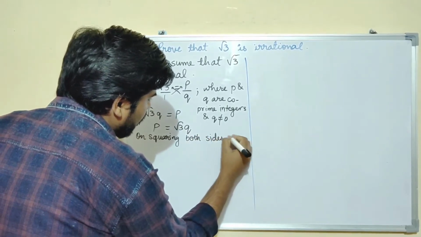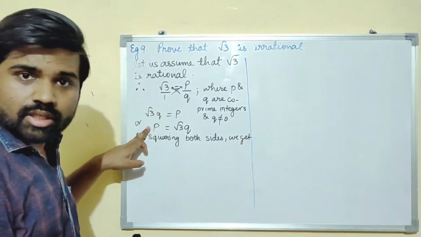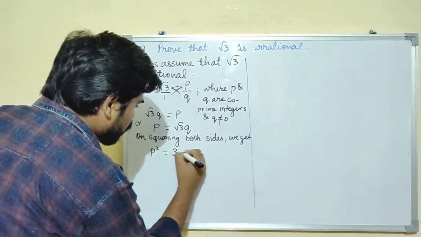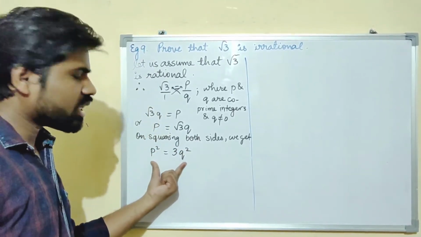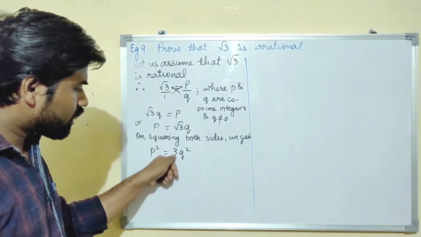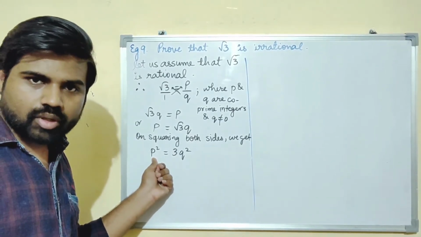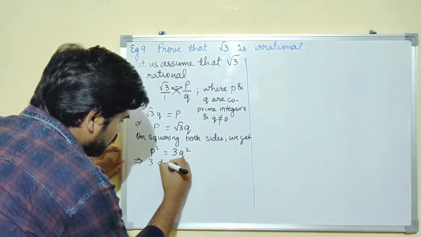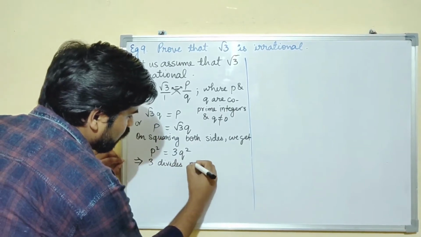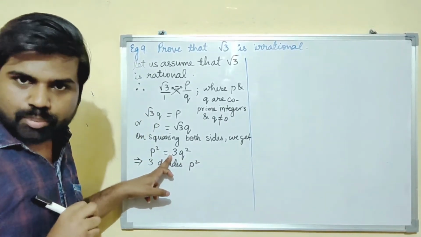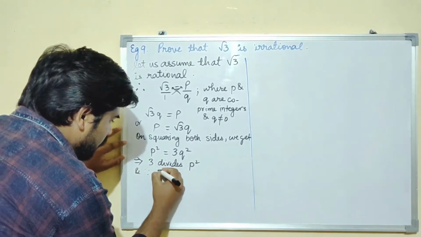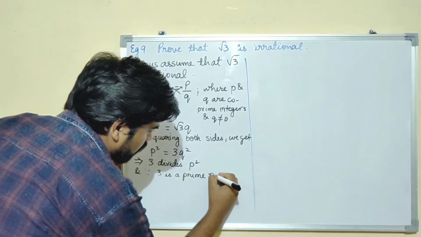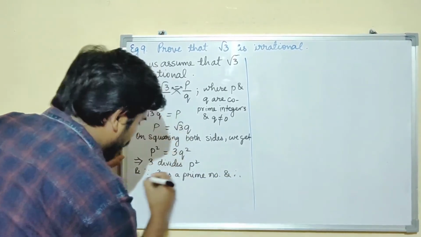After squaring, you will get P squared here. Root 3 squared is 3 only, and Q squared is Q squared. Now from this expression, you can conclude that 3 is dividing P squared, right? This expression gives us the sense that 3 divides P squared. And since 3 is a prime number, therefore by the theorem,